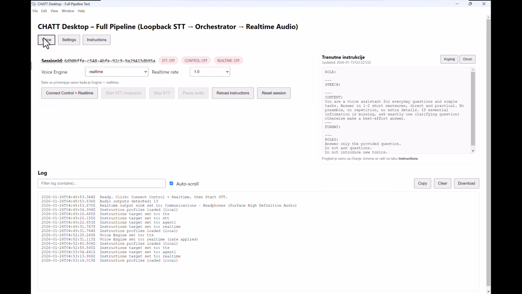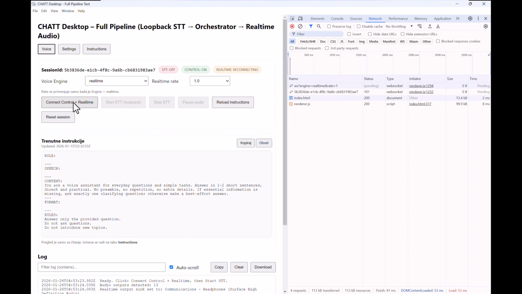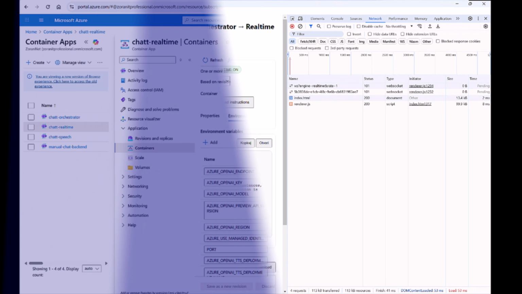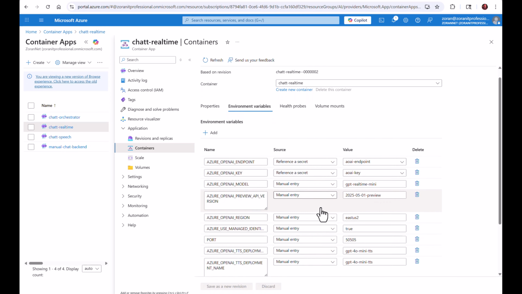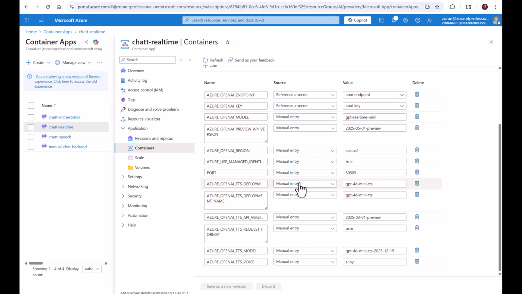No admin interface required on their side. Need to switch out a model? You can do it at any time, just by changing a variable value in the Azure Container App settings, with no code changes and no downtime. That's exactly why this design is so flexible, making it easy to support a wide variety of real-world use cases.